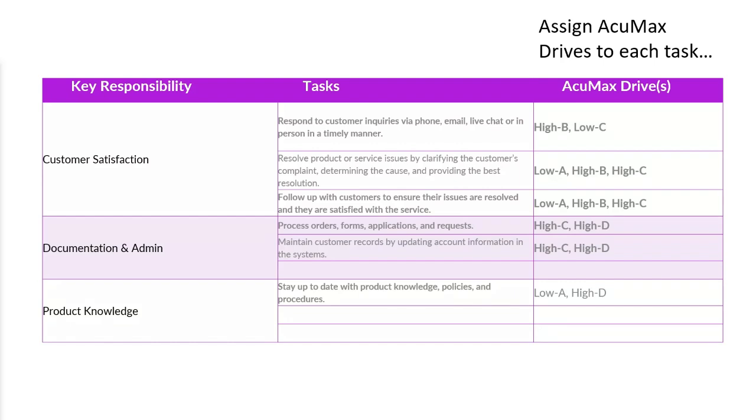I would recommend doing it with the manager. It might be easier that you start on your own, doing it individually, and then including the manager. What do you think about this task being related to the high B and the low C drive? Now, from assigning the AcuMax index drives with the task of the customer service representative position, this then helps you and the manager buy in and